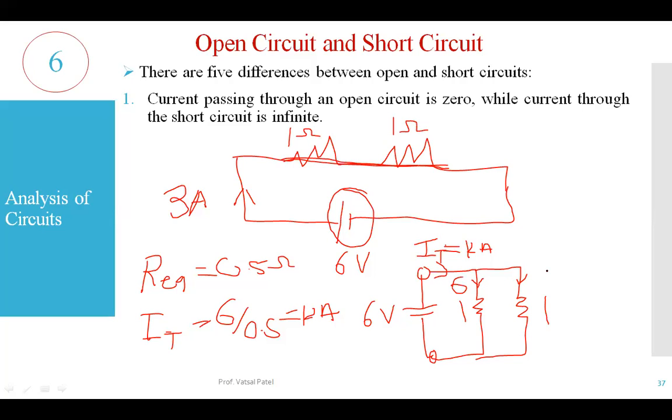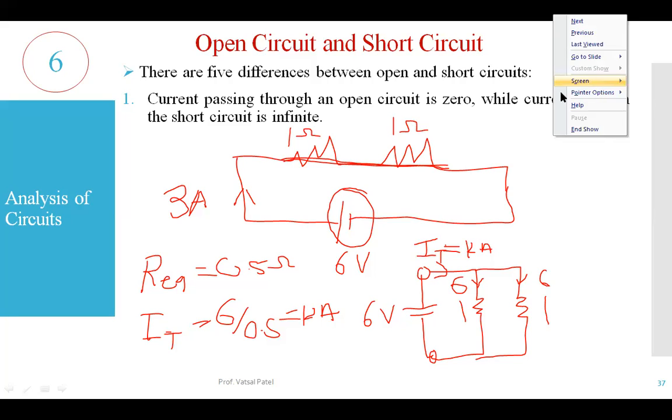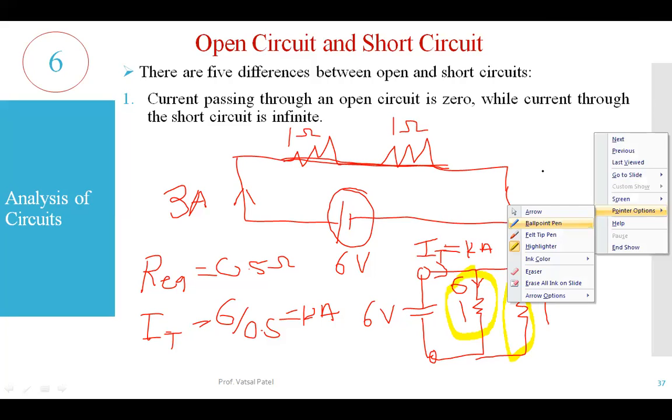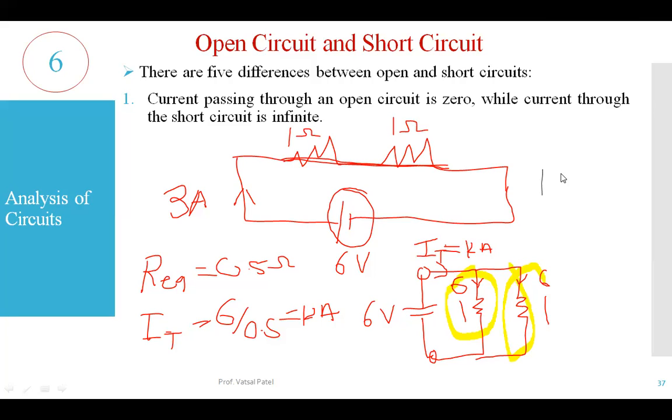As the resistances are equal, can we say that 6 ampere is flowing in both of these parallel resistances? But by chance, if one of the resistances is short circuited, what will be the effect now? If this one is short circuited, can we say that all the current of 12 ampere is flowing here? Yes or no?